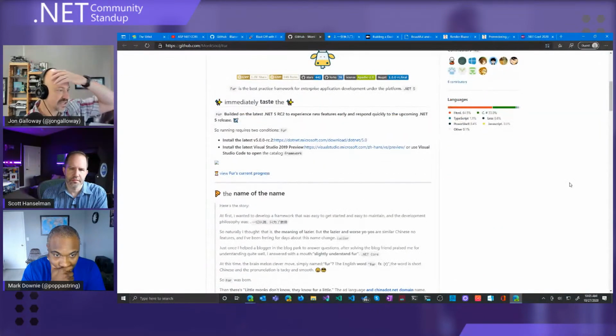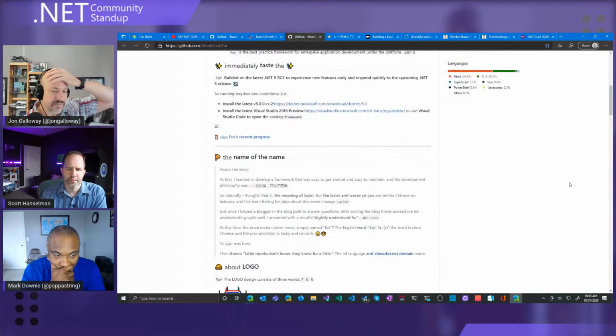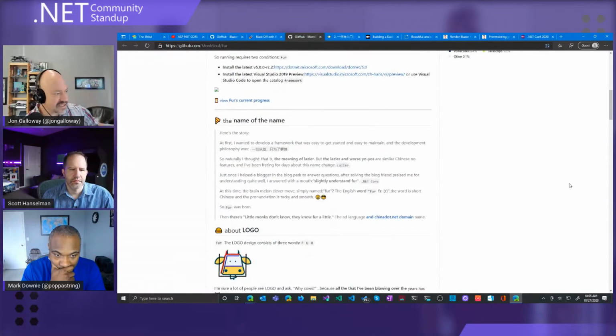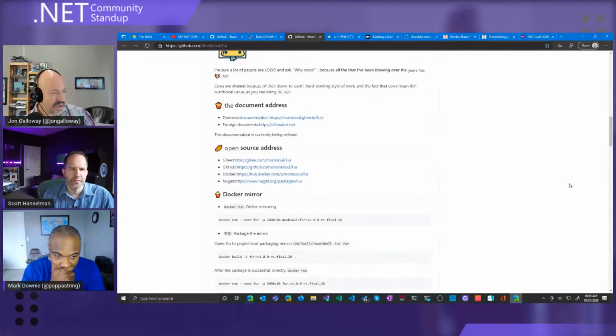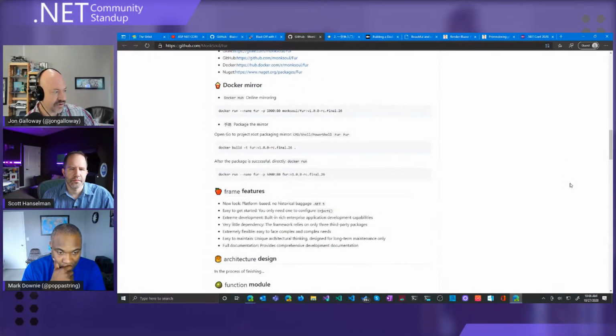And so this includes Jenkins integration for build. He's got a CLI. And the whole idea is it's an opinionated framework, and it's built towards getting started quickly. And he's going to guide you towards building an enterprise best practice application. So very cool.